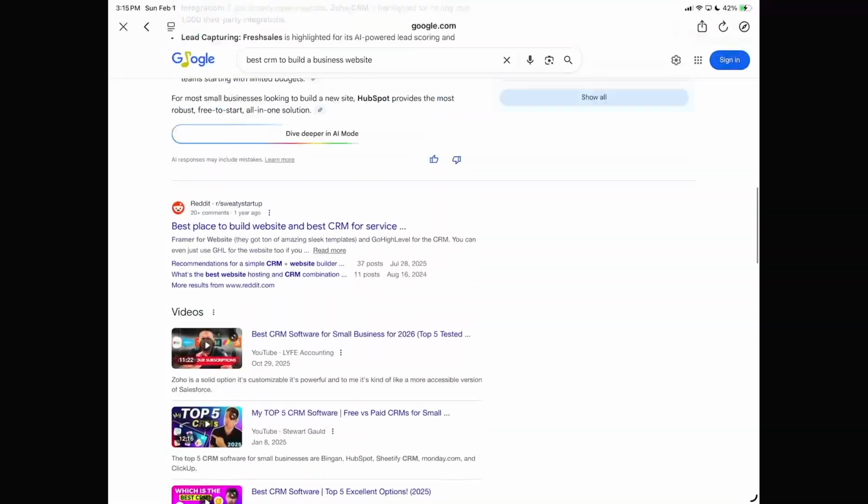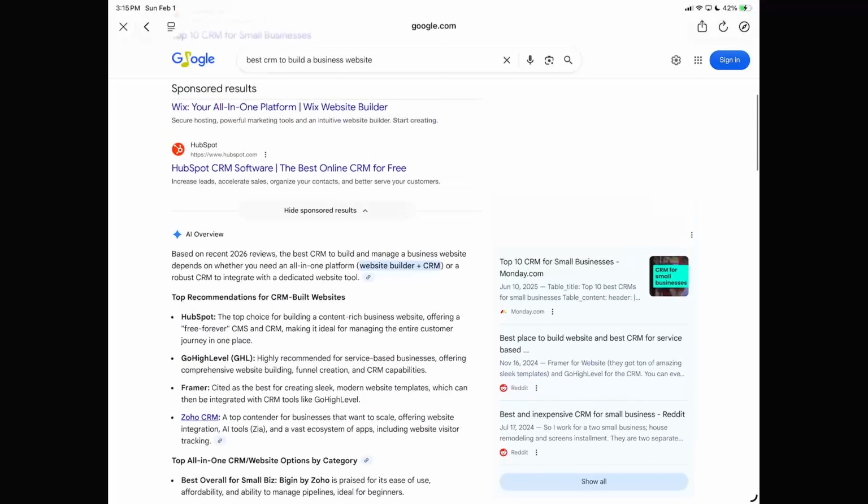Reddit, videos, all the different things. So I just wanted to initially show you that if you wanted Google AI mode, you have to click into that. Or if you're just looking at an AI overview, that is an option too, that is built within the search results that you don't have to click anything extra into, but Google is going to automatically give you that